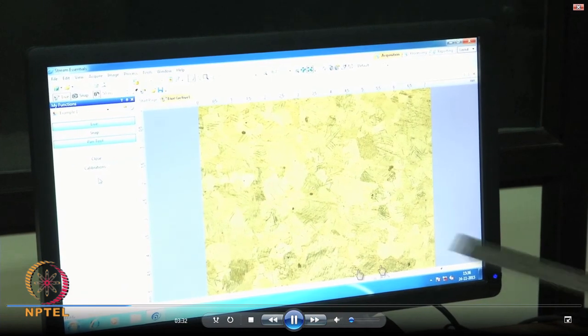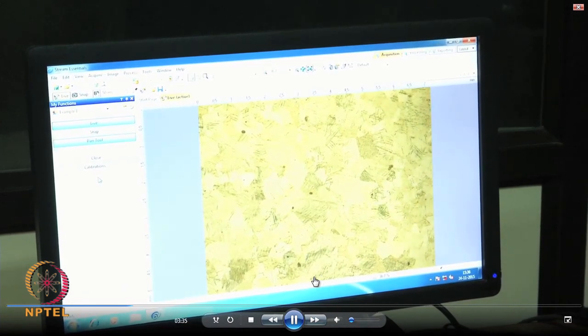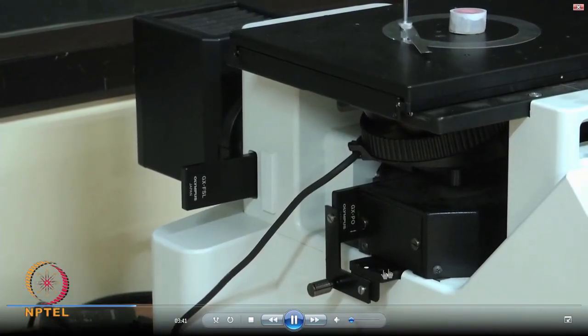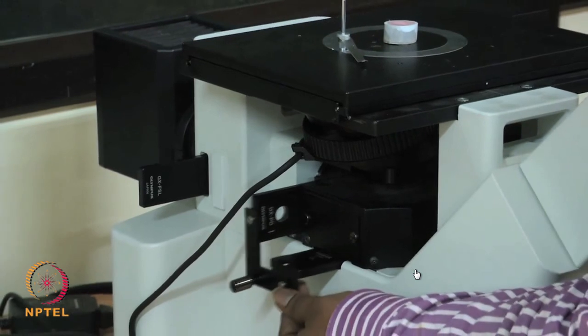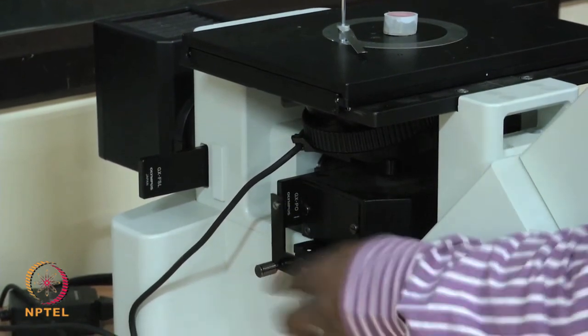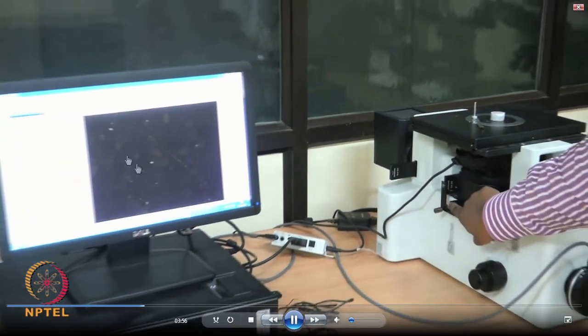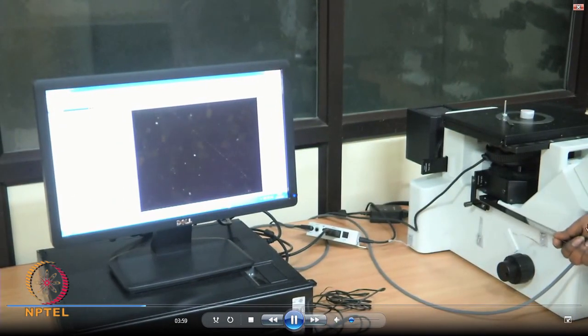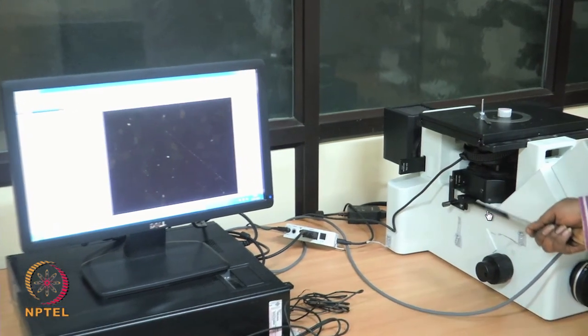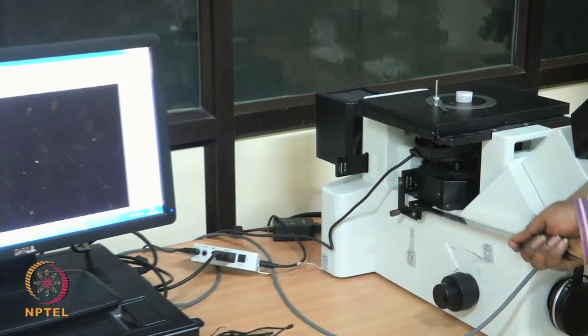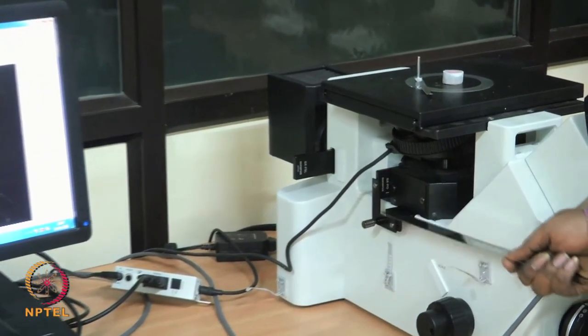So, now we will see one particular microstructure, this is a titanium alloy. This is in a bright field mode. Now, we will insert the polarizer and analyzer in the optical path like this, and now you see what kind of microstructure you are seeing. So, now you are seeing a complete extinction condition. That means your phase shift is about lambda by 2. It is an extinction condition.